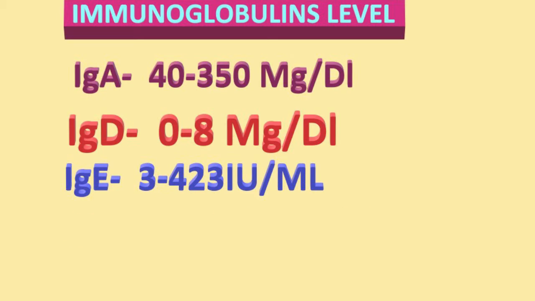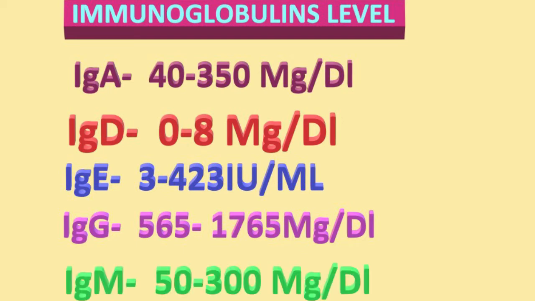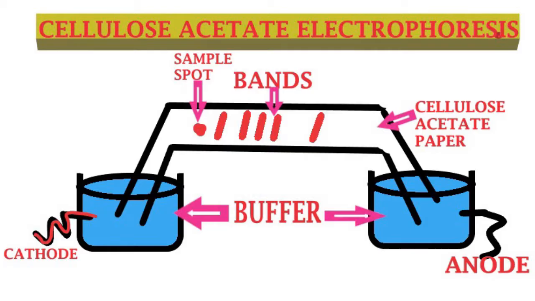We will move on to the protein electrophoresis, which can separate each protein and give us more information about the protein levels. There are two types of serum electrophoresis. One is acetate or gel electrophoresis. The other one is capillary electrophoresis. In acetate or gel electrophoresis, proteins are separated by electrical forces and electroendoosmotic forces.